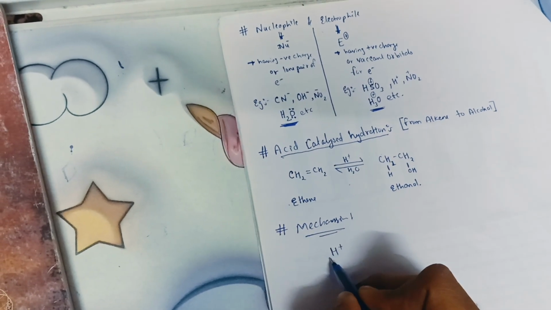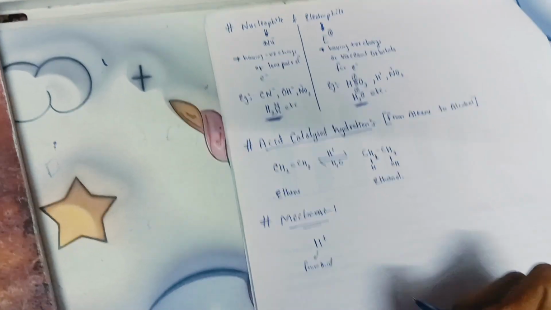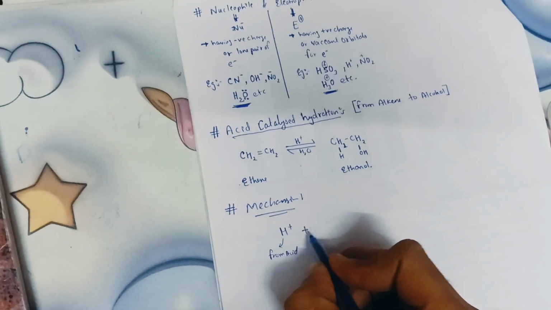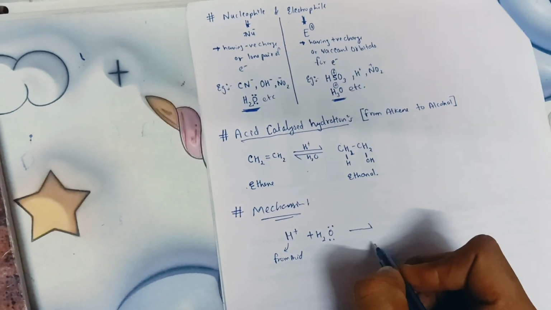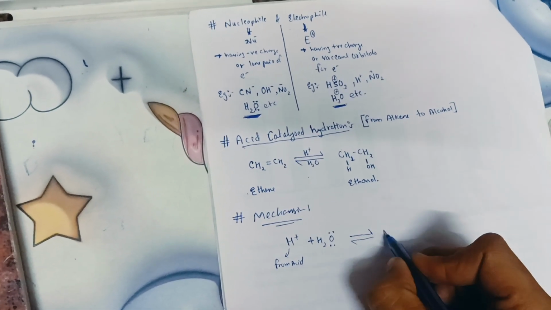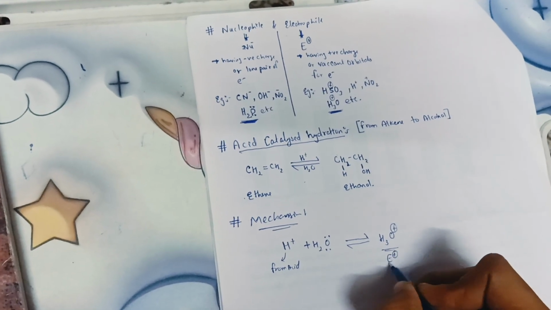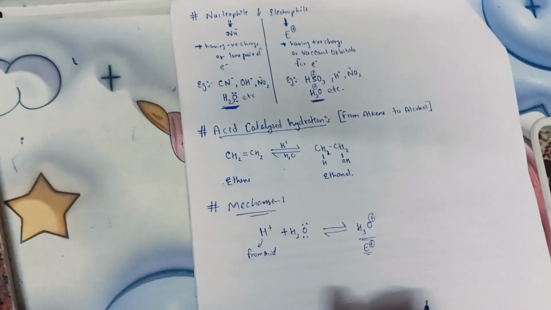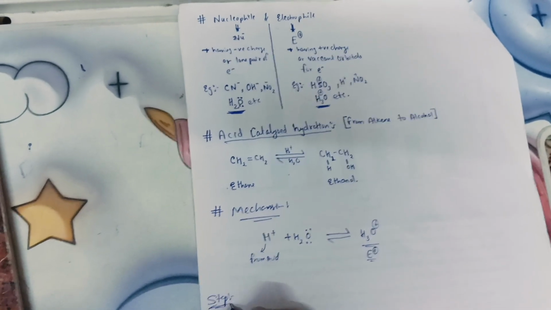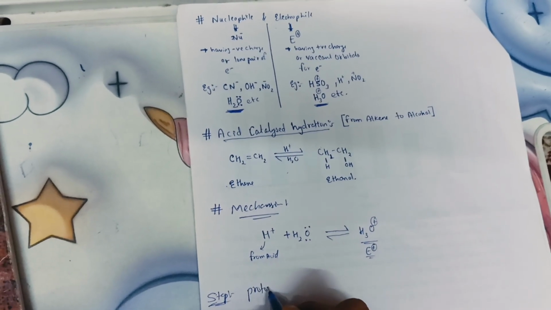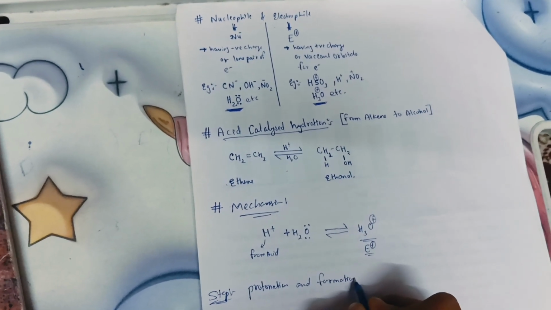First of all, H plus, which comes from an acid such as H2SO4 and HCl, etc., reacts with H2O, which is water, to give H3O plus, which is an electrophile, also known as the hydronium ion. Step 1 is protonation and formation of